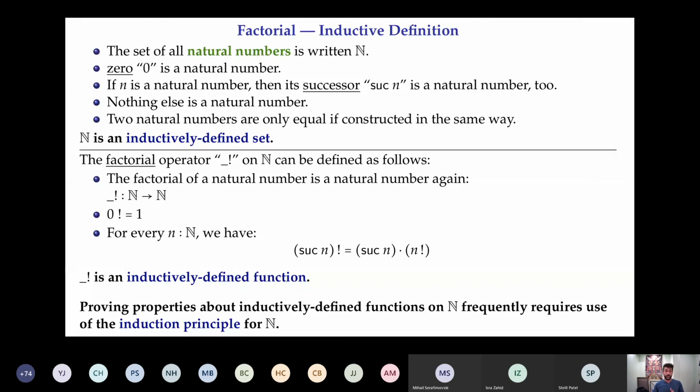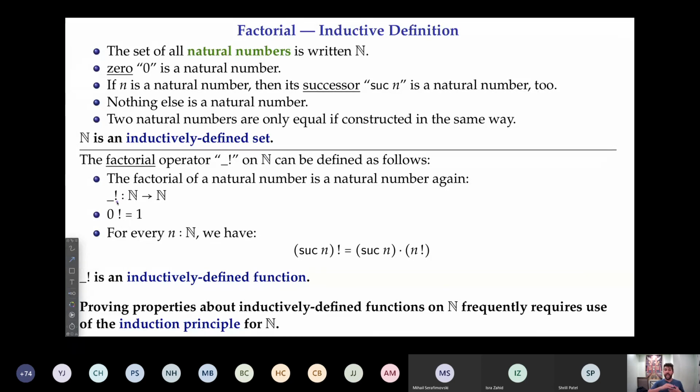When we talked about defining program correctness, we said to define the square bracket implication arrow, you look at the shape of the program. If it's an assignment, you use the assignment rule. If it's a sequence, you use the sequence rule. Okay. So likewise, when you define operations on inductive data types like the natural numbers, you look at their shape, and then that's how you define it. So for example,